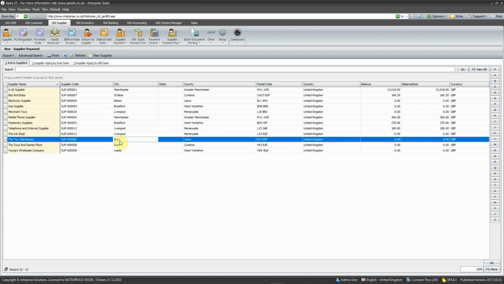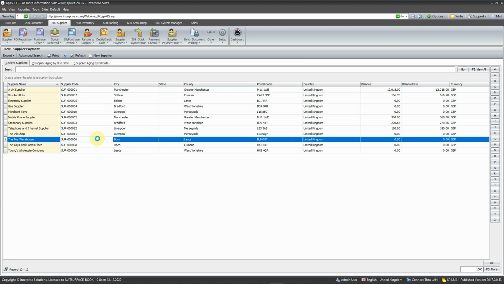This is the option that you will use if you need to pay a supplier upfront based on a pro forma. Therefore, there'll be no invoice to match it up to. You will just put the payment on, and then when you get the tax invoice from the supplier, you'll put that on afterwards. So if we needed to pay the toy warehouse £120 up front, what we would do is